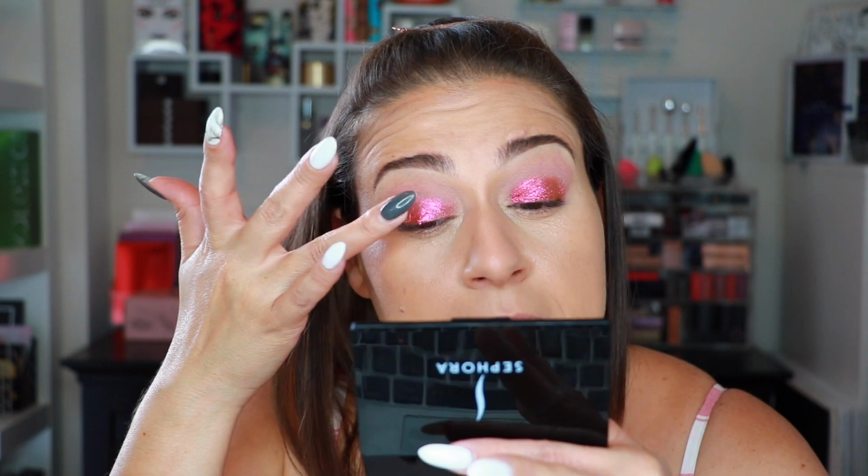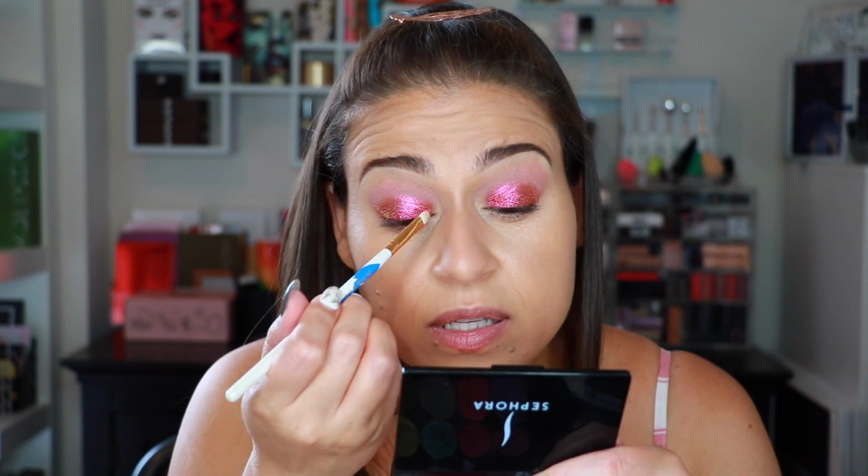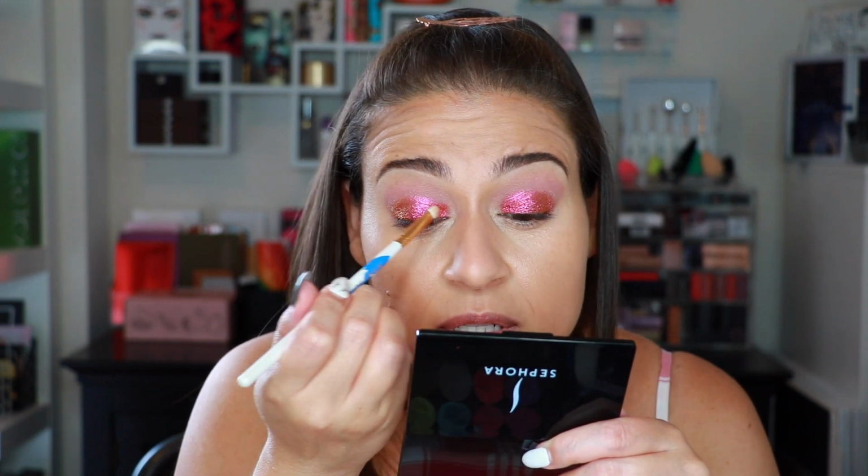So fingers are definitely the way to go. Look at that. So pretty. I'm gonna try to even myself out a bit. That's intense. It looks intense even on camera. Look at my hands. But when you see that orange shift, it looks amazing. I love it. I do have to clean up the edges a little bit, so I'm gonna go in with